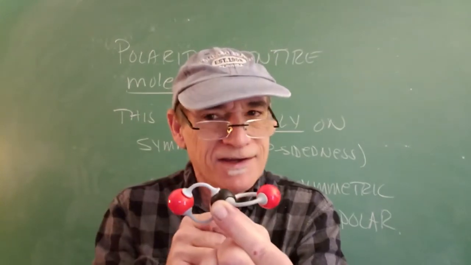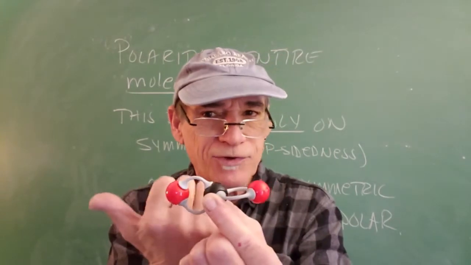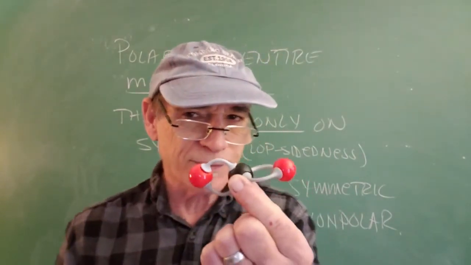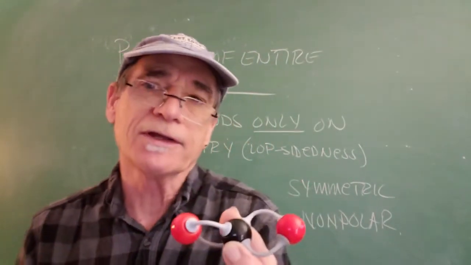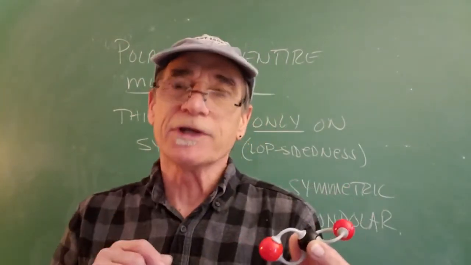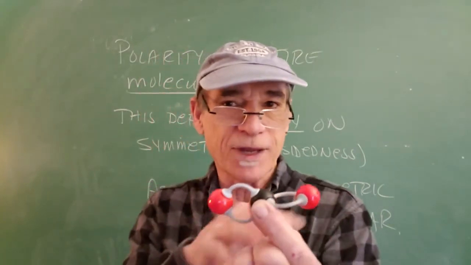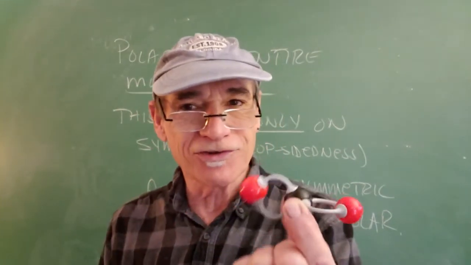Well, in this case, yeah, it is. There's a polar bond, but it's pointing out in this direction. There's an equal and opposite one in that direction. This is a perfectly symmetric molecule. Consequently, it's nonpolar. So you can see that the two are not mutually inclusive. A molecule can have polar bonds in it, yet if it's symmetric, the whole molecule itself is considered to be